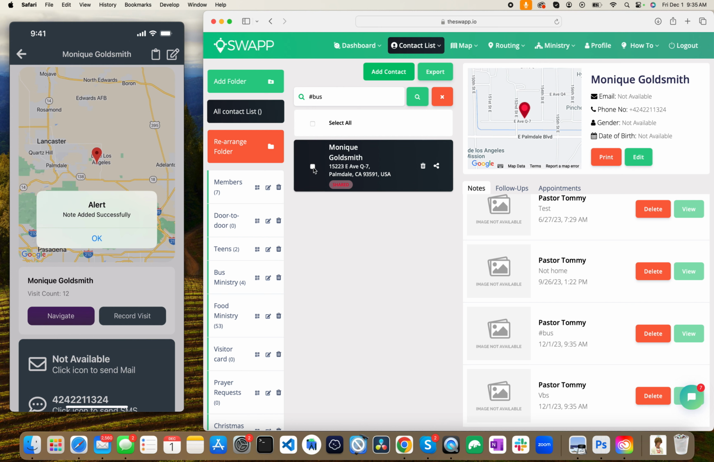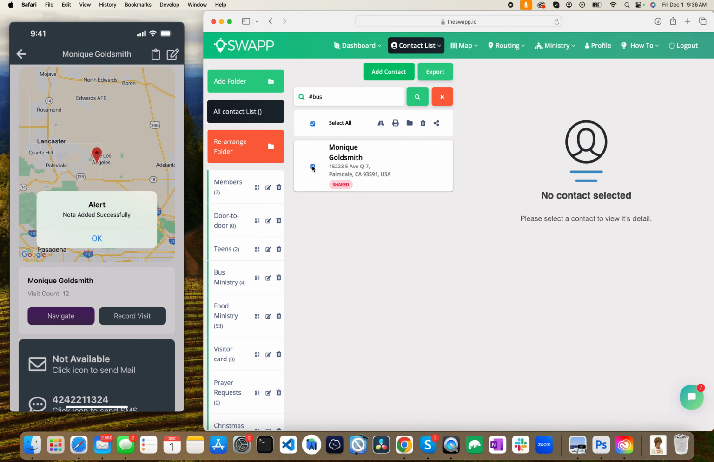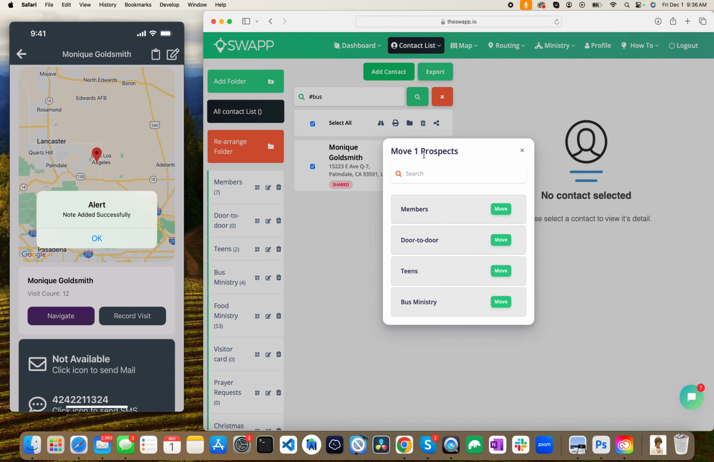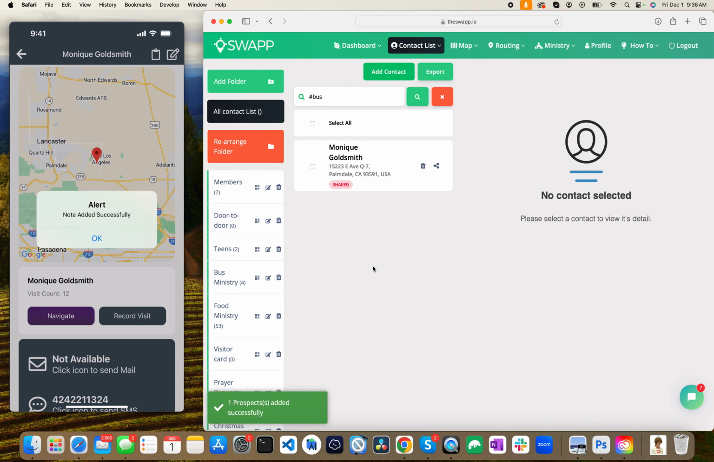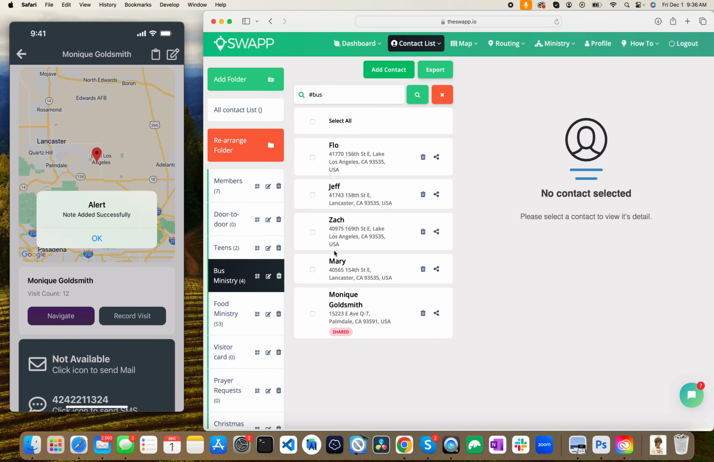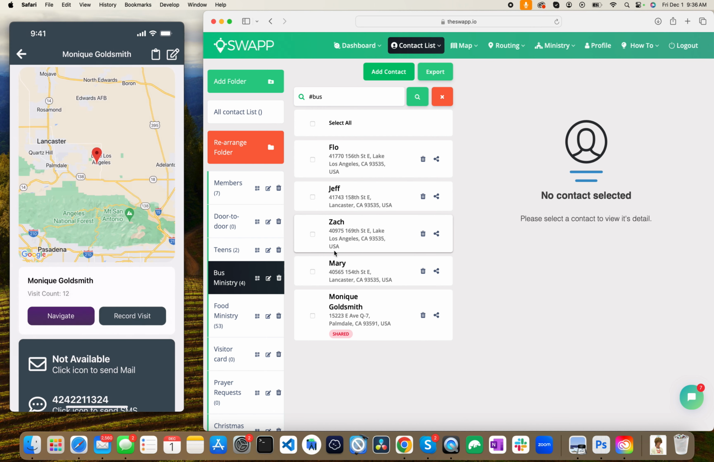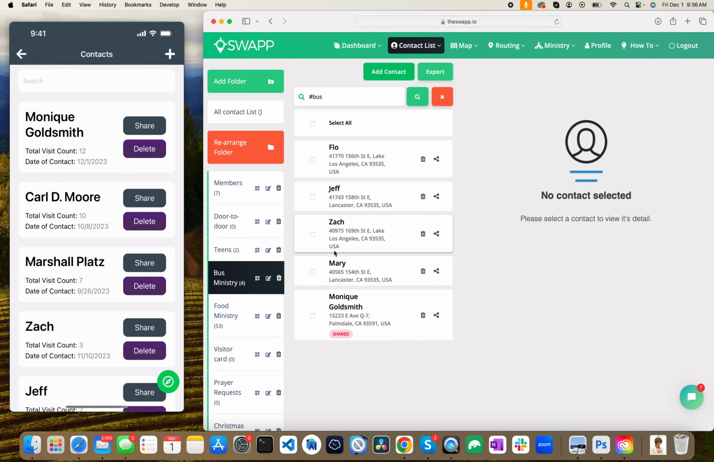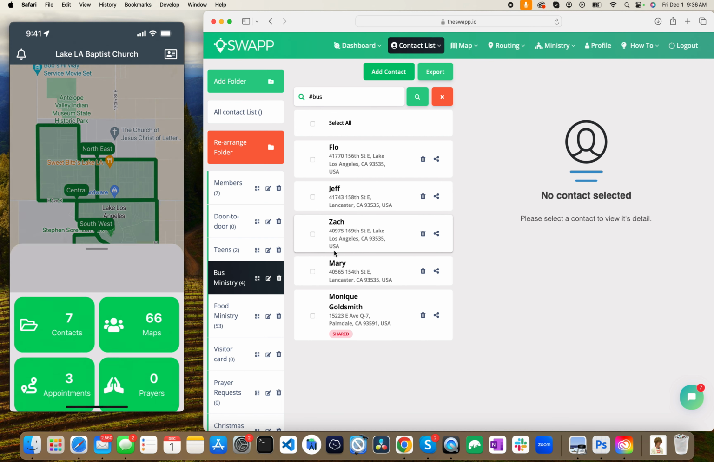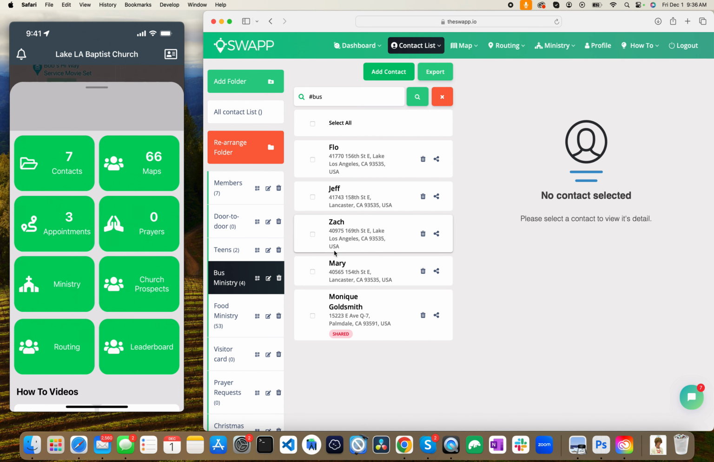Now what I can do is select this prospect and move it into the bus ministry, which we don't actually have, but I'm just doing it for the sake of it. So that's basically how you can tag prospects and then move them to where it's a little more user-friendly to get to them. Because once they are here in this folder, if you or your member that runs the bus